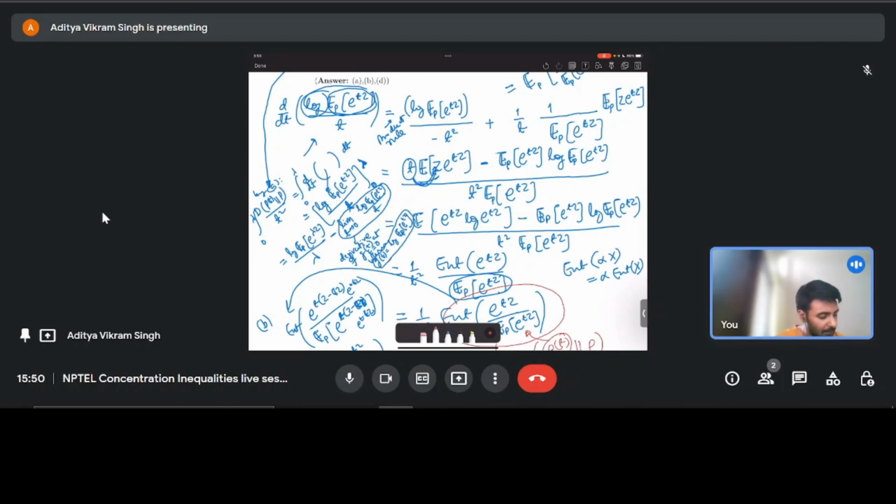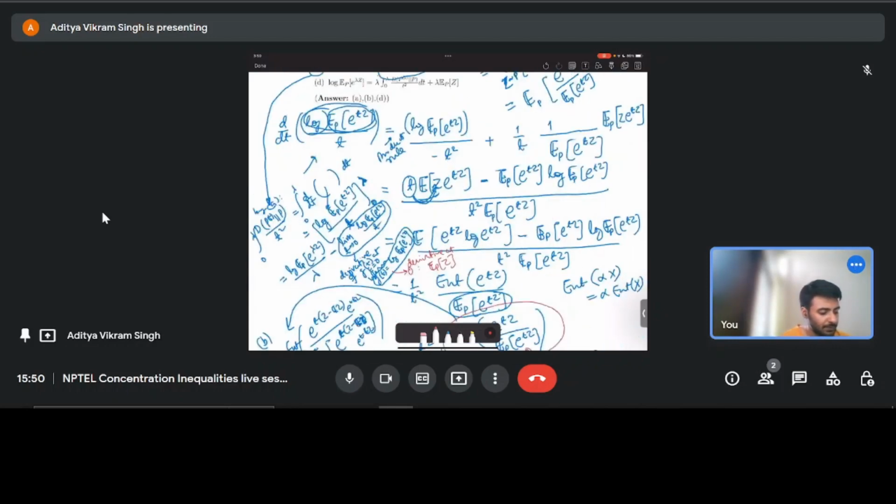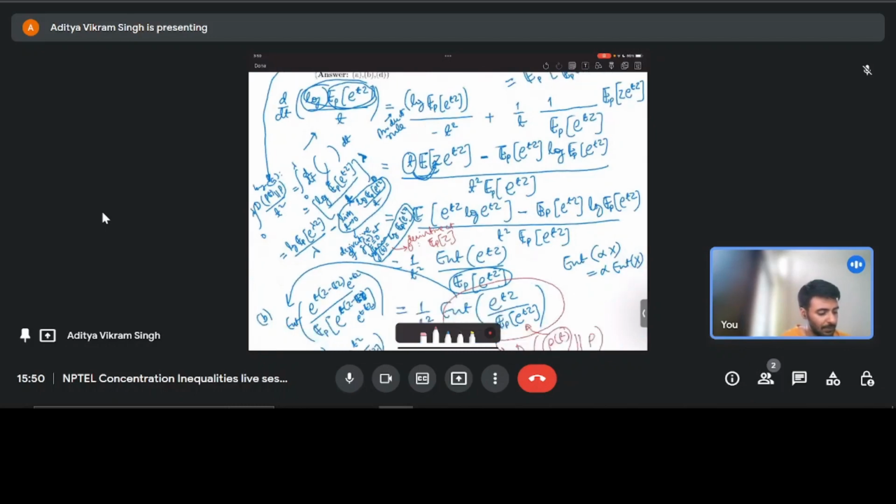I'll start writing in red now. So this is g of t, and if you take the derivative at 0, this will turn out to be expectation of z. Now if you substitute this expression here,